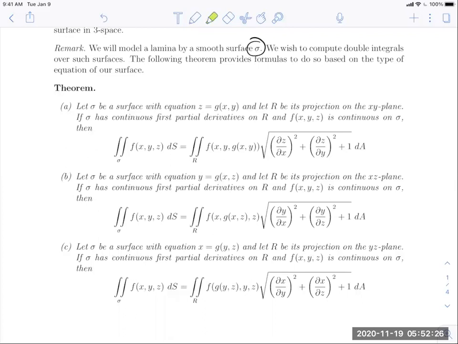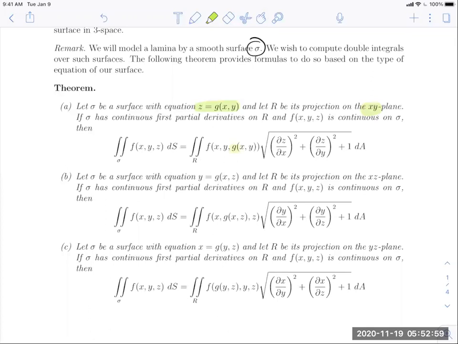So for the first part of this theorem, I'm going to assume that we have z solved for explicitly as a function of x and y. So let's suppose our surface is solved for z. Let R be the projection onto the xy plane. Notice that that x, y matches the variables that are in your z equation. So if sigma has continuous first partial derivatives on R and f of x, y, z is continuous on sigma, then again,